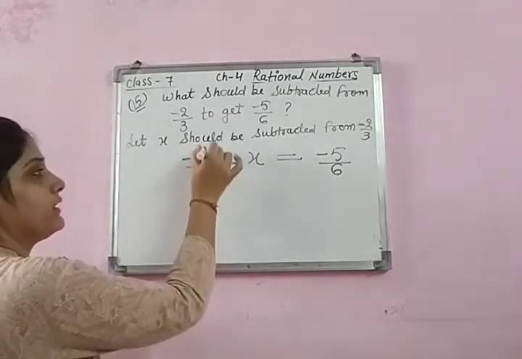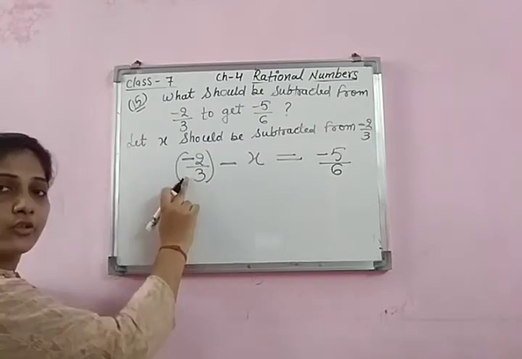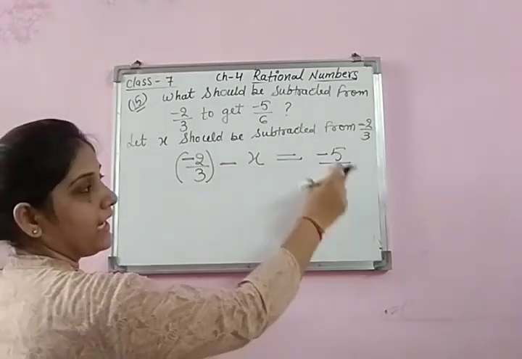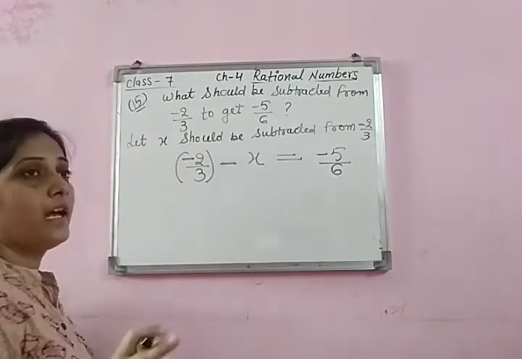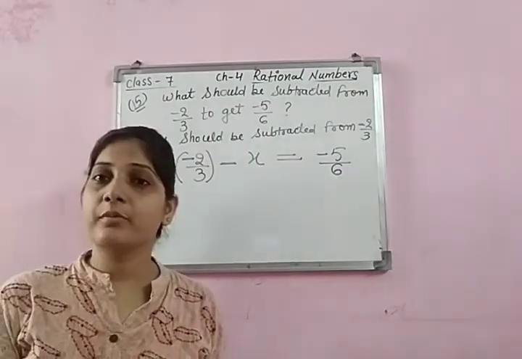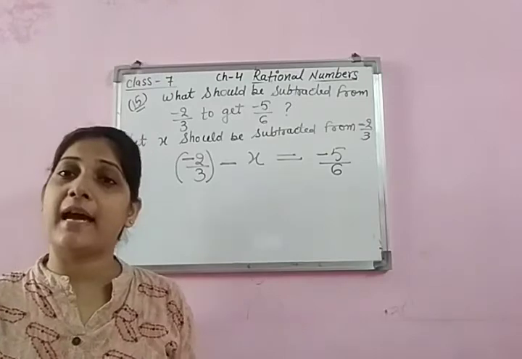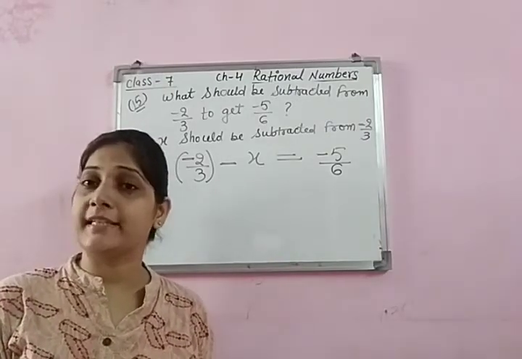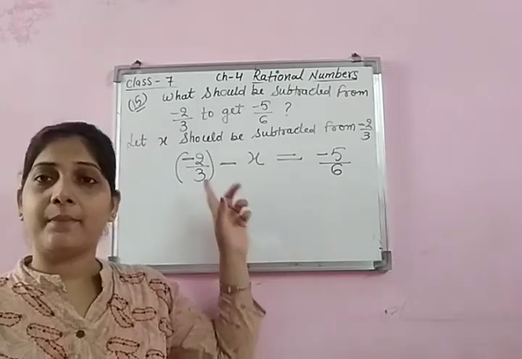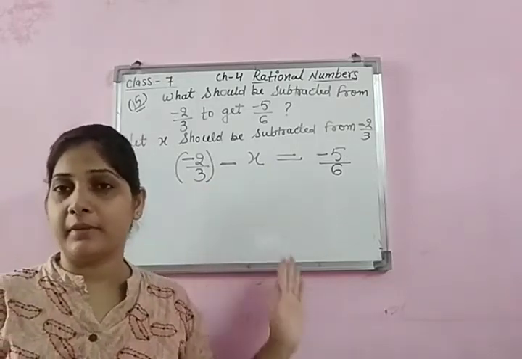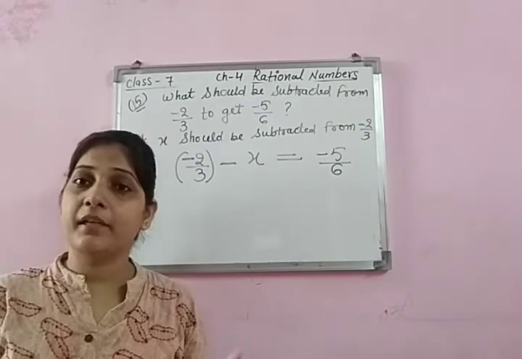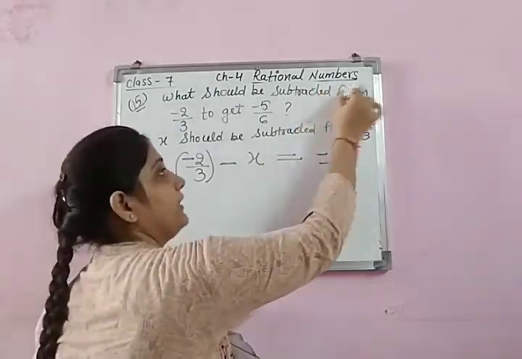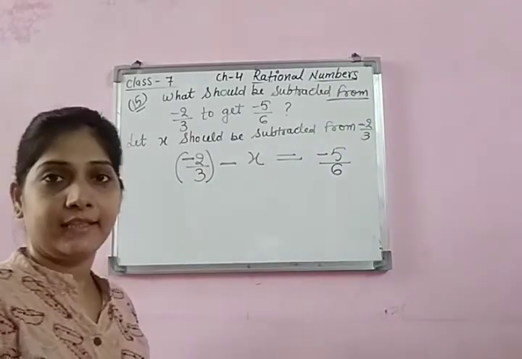That's very important. Because the from number is this one, so I have written it first. Now I have to subtract what? X, and the answer will be this one. Now children, you have to be very careful because this time x is at second position. And for subtraction, the commutative property is not true. ऐसा नहीं है कि आप x को फर्स्ट सेकंड किसी भी पोजीशन पे लिख सकते हो. नो, इट्स डिपेंड ऑन द लैंग्वेज. व्हाट लैंग्वेज इज गिवन. सो फ्रॉम इज गिवन, दैट्स व्हाई x will become at second.